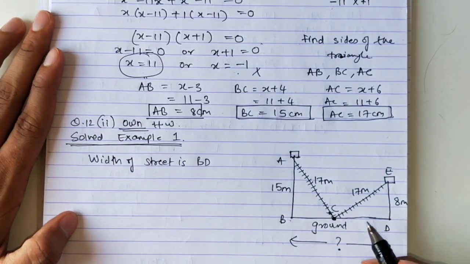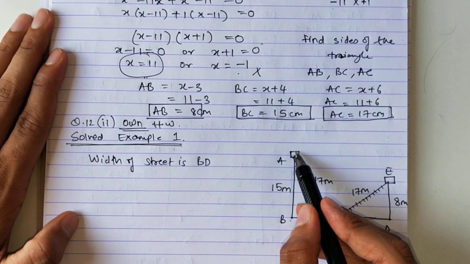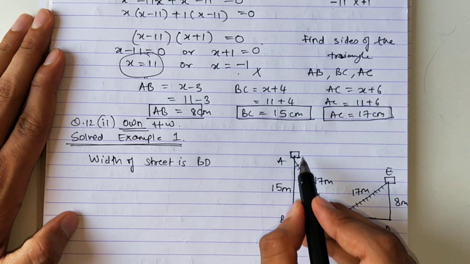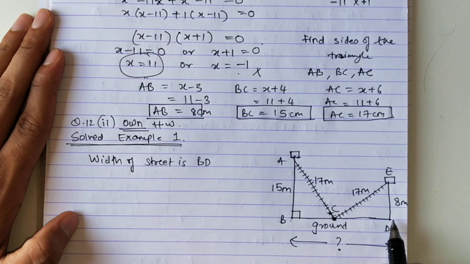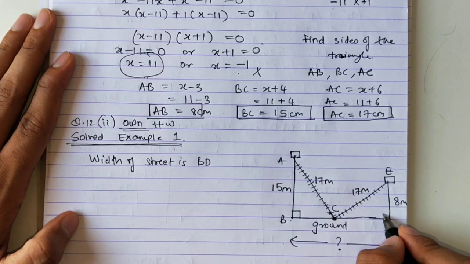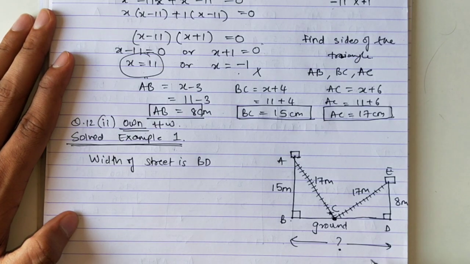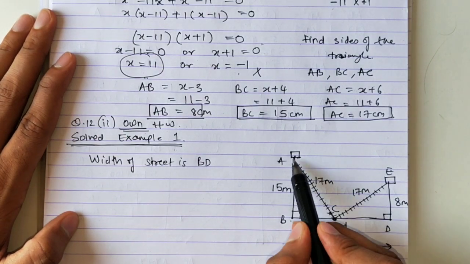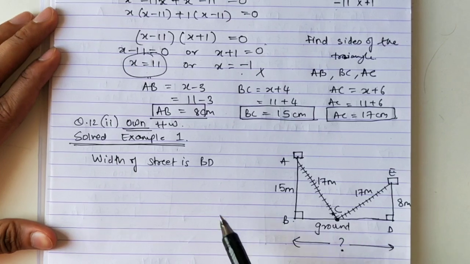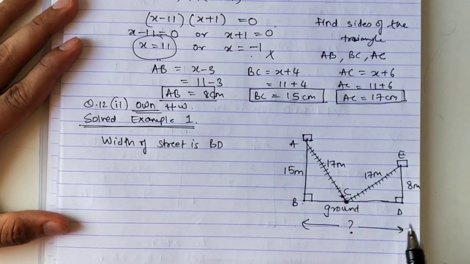Okay, then you have to understand that the building and the ground are always perpendicular to each other. Okay, we don't have to write any reason for it. It is understood that the building and the ground are always perpendicular. The buildings are never tilted like this. Okay, they are perpendicular. In the same way, this is also 90 degrees. That means in these two triangles here and here, I can apply Pythagoras theorem. Okay, so let's apply Pythagoras theorem in this triangle first.